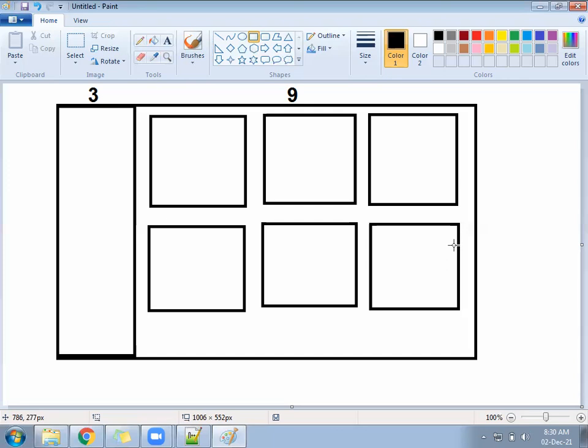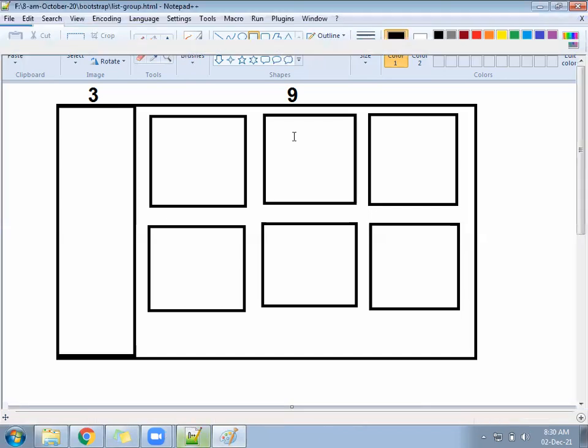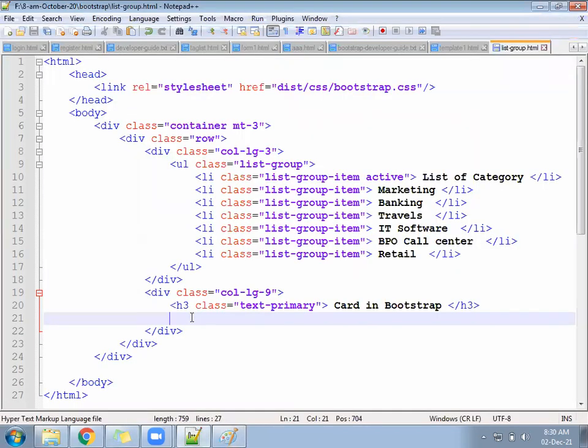Bootstrap says inside the column you can create a column again, no problem. But directly inside the column you can't create a column. You have to first follow the row and then create the column. So that is what we are going to follow here now. Inside the 9, we wanted to make 2-3 rows. So for that, let's follow.